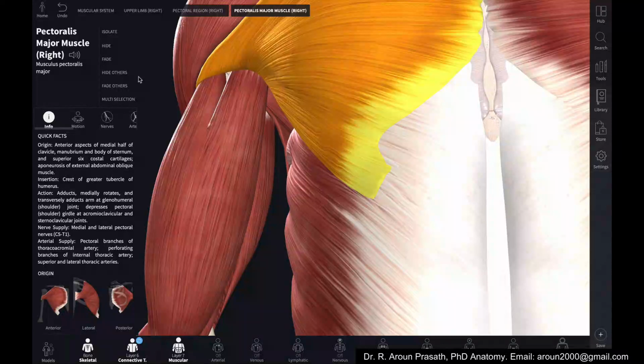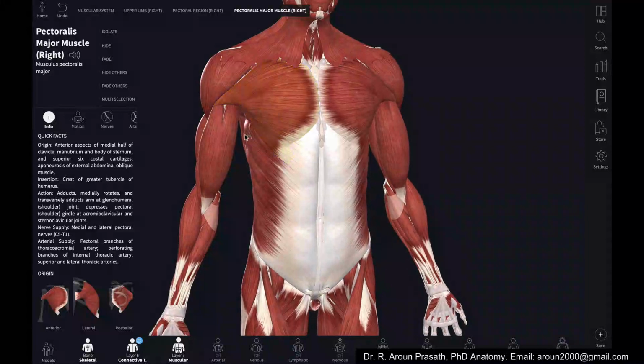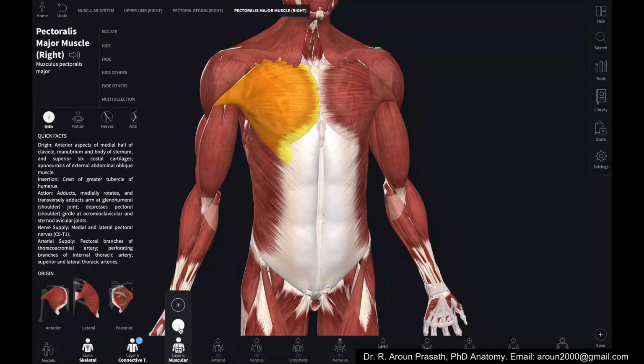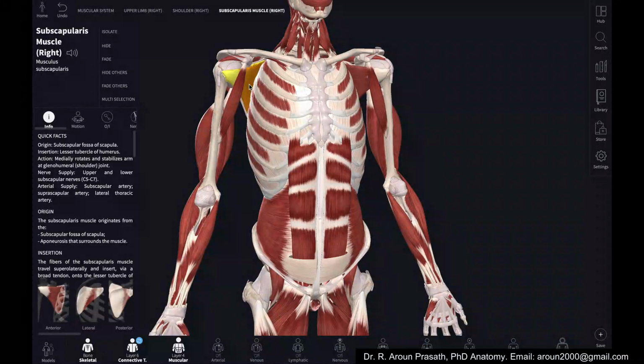Now let's go to the internal rotation. The internal rotation is 100 degrees. You need a goniometer. There is an instrument called a goniometer, which is used to measure the joint range of motion.